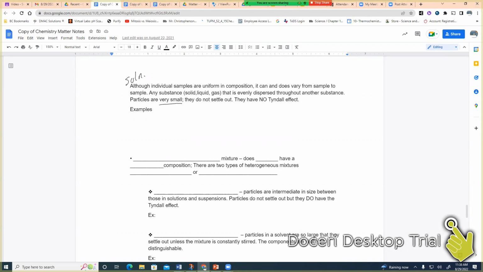So solutions, the solute particles are very small. They won't settle out. They won't gather at the bottom and they do not have the Tyndall effect. And the Tyndall effect, because we'll mention it a couple of times, is what happens when light is scattered. So scattered light of a beam of light is passed